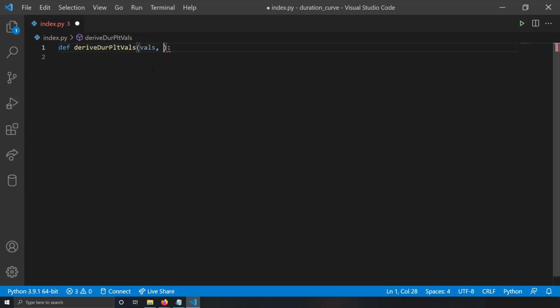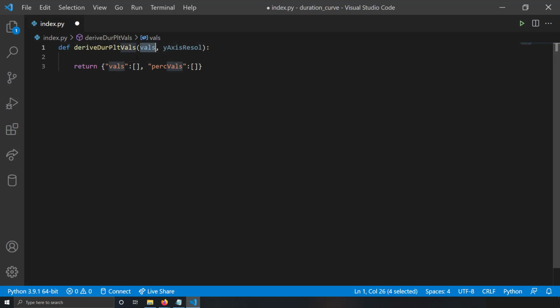And here I'm going to give the resolution of the y-axis. So I'll write y_axis_resolution. So I'll just show you how the return type should be. So my return type should be something like return, and I'll return an object, and here I'll return values. It should be an array, and I'll return the percentage values, and it should also be an array. So these are going to be the y-axis values and these are going to be the x-axis values. So let's try to derive these values first.